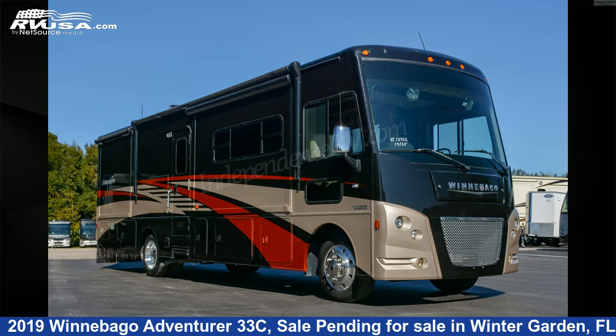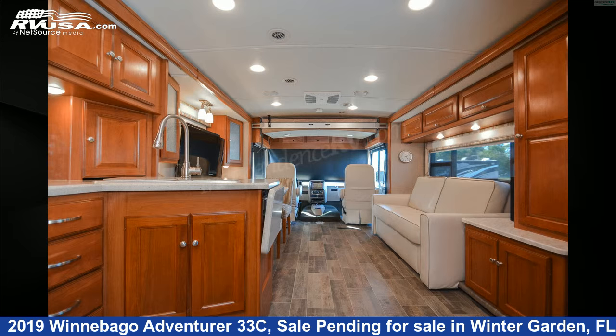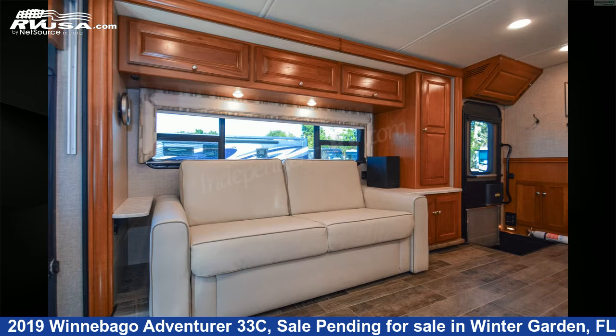This 2019 Winnebago Adventurer 33C, sale pending as a Class A RV. It is located in Winter Garden, Florida, 34787 and is offered for sale by Independence RV Sales. This used Winnebago is 34 feet 0 inches in length and features 3 slideouts, an Inspire Decor, honey glazed cherry